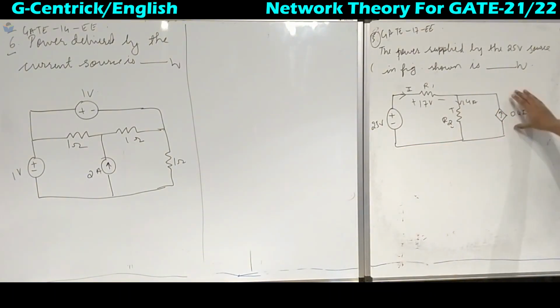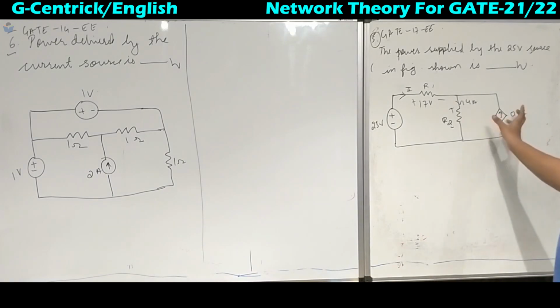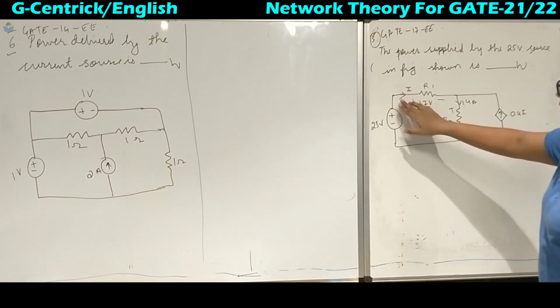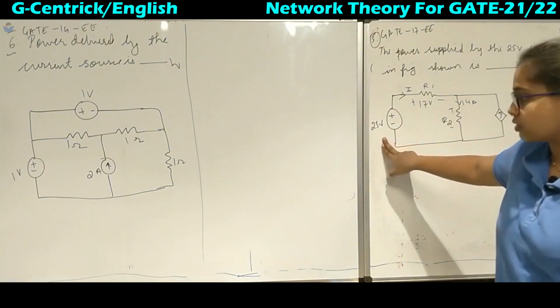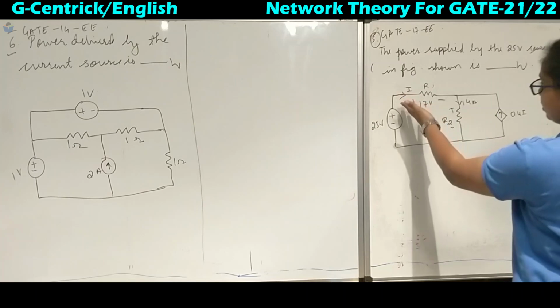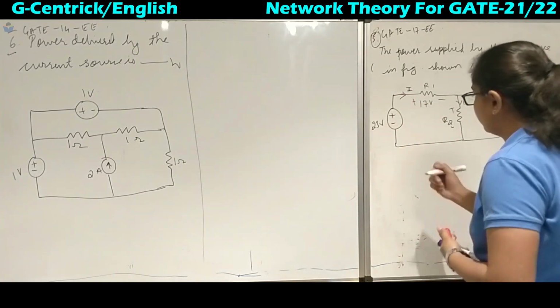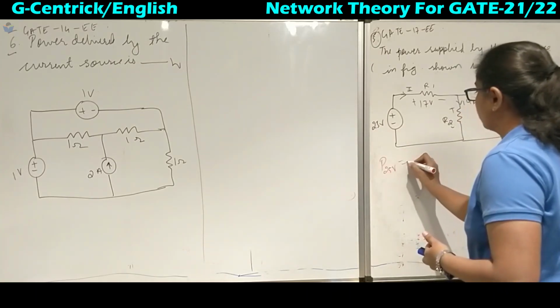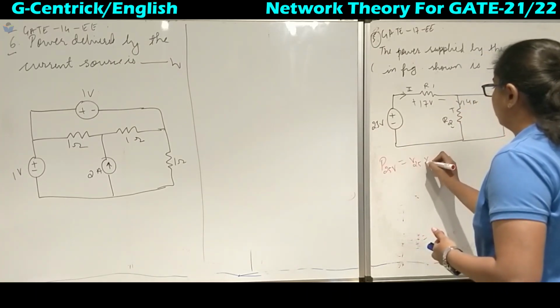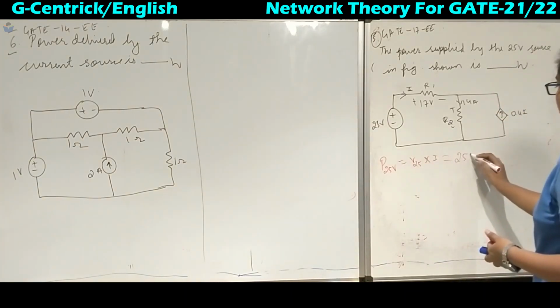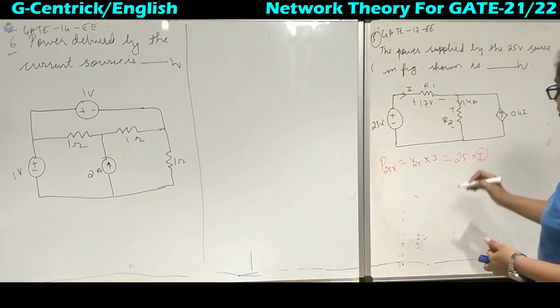So now it has given a dependent source. Okay, so this is a current dependent current source. Whenever a dependent source question comes, the clue will be given here. So that is I. Now if we know the I, then we can find the power across this voltage source. They are in series in this circuit, so easily we can find the power. So what is the formula for power? Power across 25 volt is equal to V25 into current I. Okay, so this V is nothing but 25 into I. So we need the value of this current.